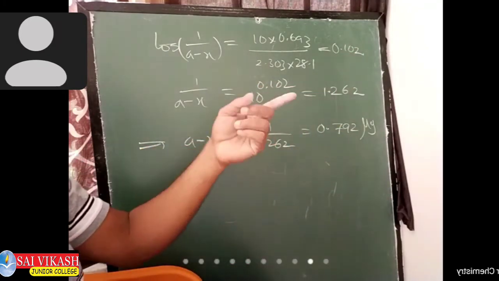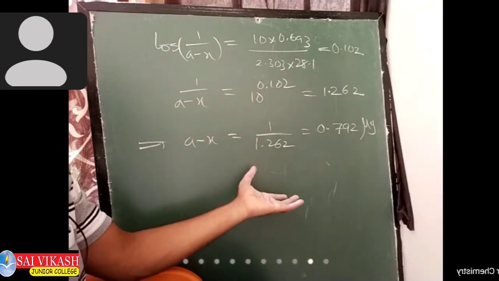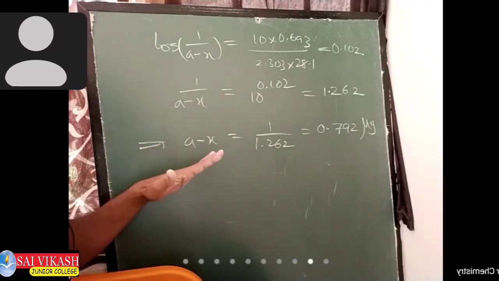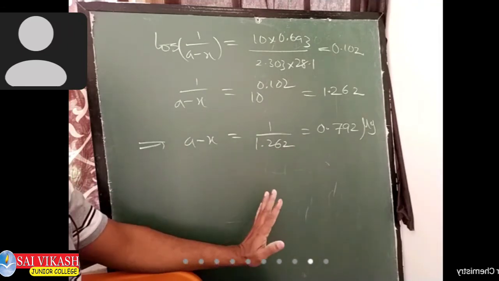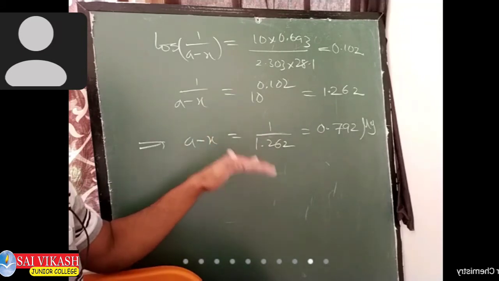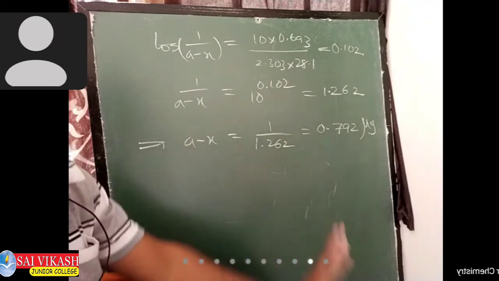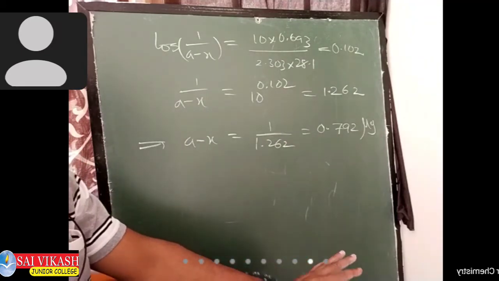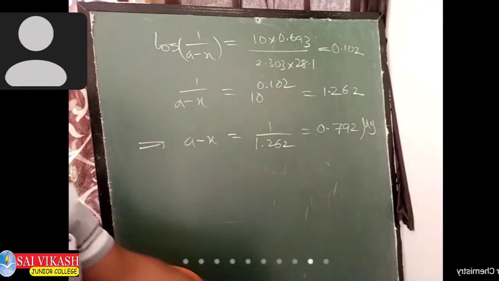They are asking after 60 years also, how much. So same thing, but in the place of time 10 years, we have to put 60 years. The process is the same. This A minus X value will come. Will you do it for that? Substitute 60 in place of T in the previous process. Substitute 60, simplify, you will get the answer. Will you do it? Next question, tell me anybody. Next question.